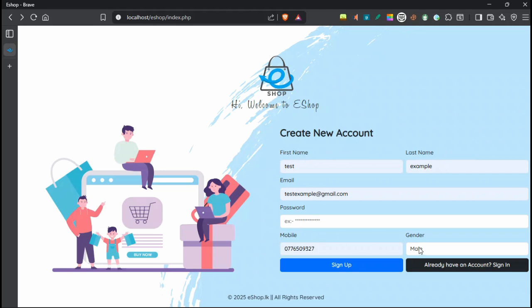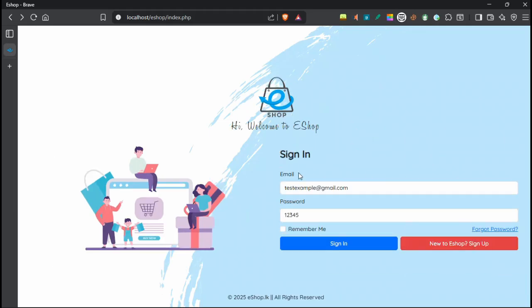You can choose the gender by the select query, and then once you have created a new account, you can move on to the sign in page and see the input fields like email, password, the remember me checkbox and the forgot password. So let's move on to the HTML structure in the